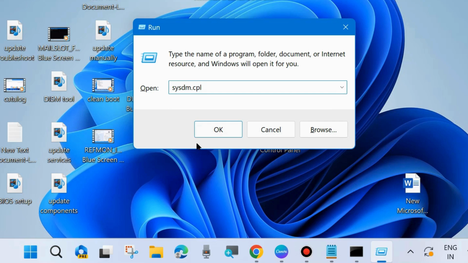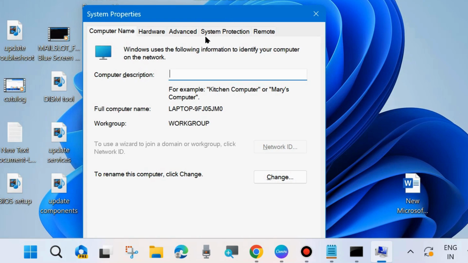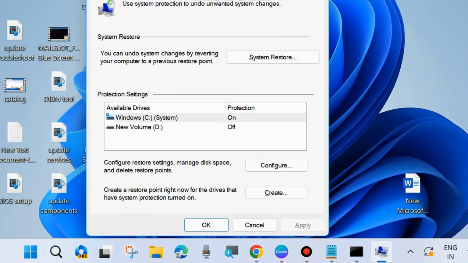sysdm.cpl. It will open system properties windows in your system. Click on OK. System properties windows will open. Here go to system protection from the top menu bar. Click on it and here scroll down and